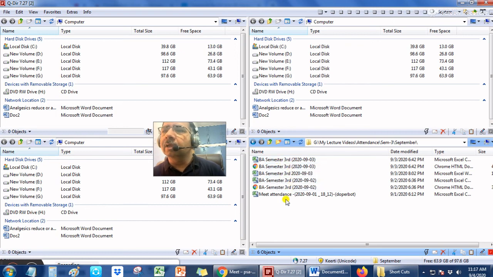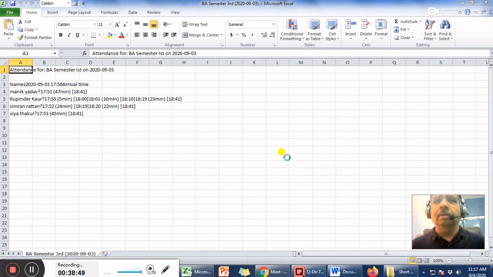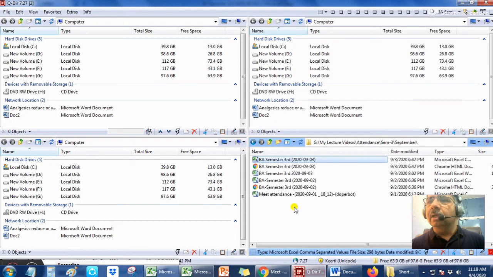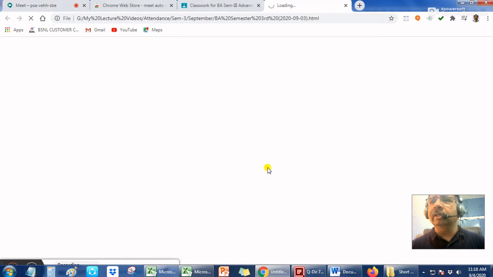So let's see the attendance of say third semester. So these are names of students who have attended my class: Manik, Rupinder, Simran and Sia. And at the same time, that application download two files. One is Excel file and another is this HTML file which can be opened by using this Chrome browser. So if I click on this thing,